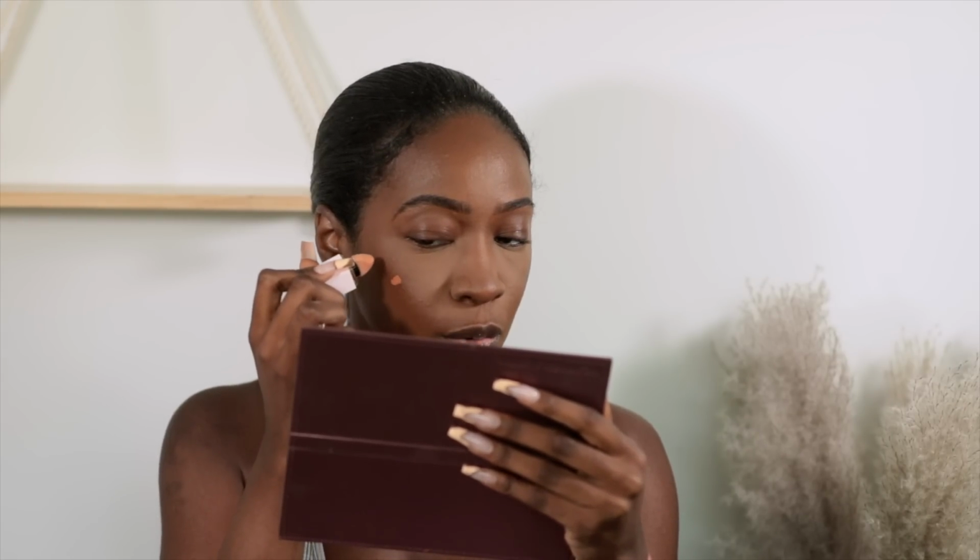I like when they're built like this, with the little built-in sponge, because it makes it easier to apply directly onto your face, wherever you want to put it. She's giving pigmented, okay. Because it's pigmented like this, you can build it however you want. Y'all know I like to stick to the more, it's there, but I want you to realize it's there type thing. So then the other shade,